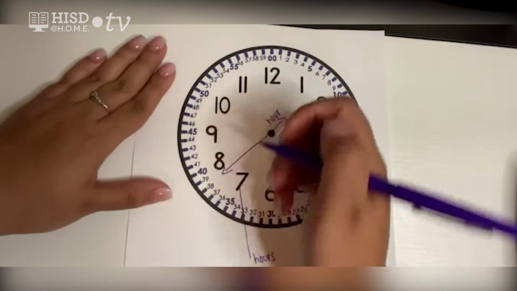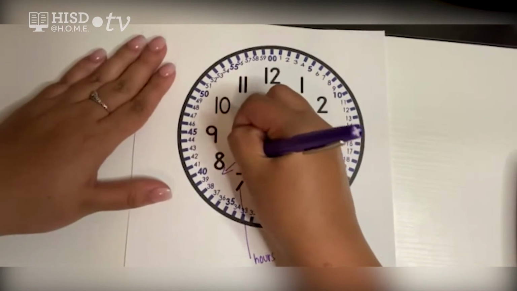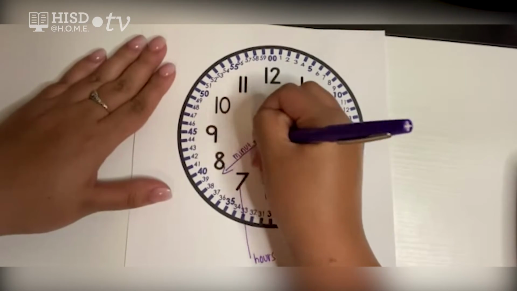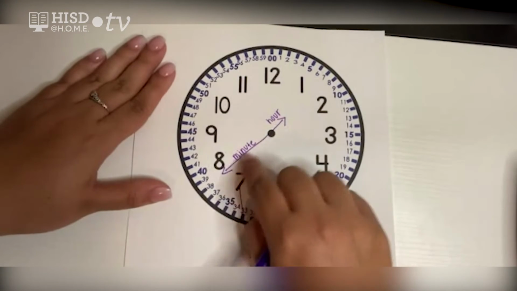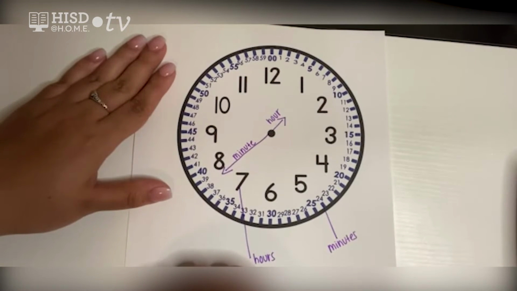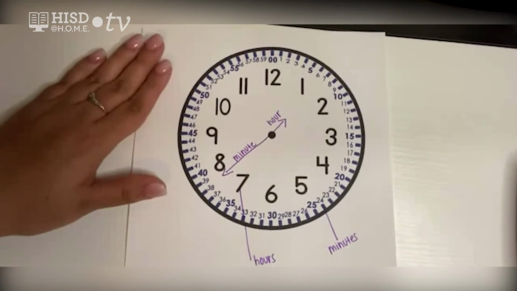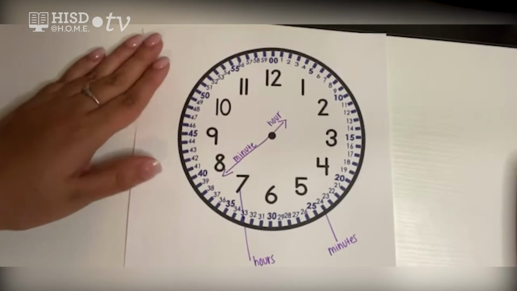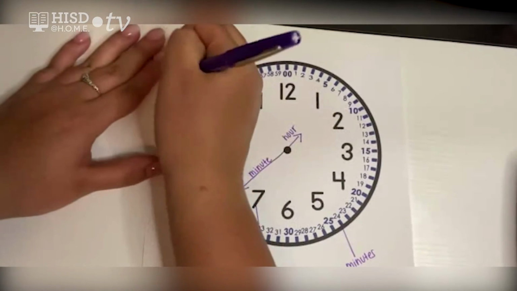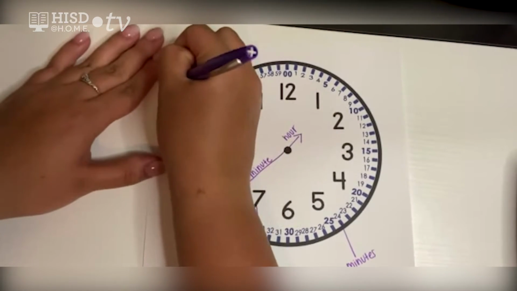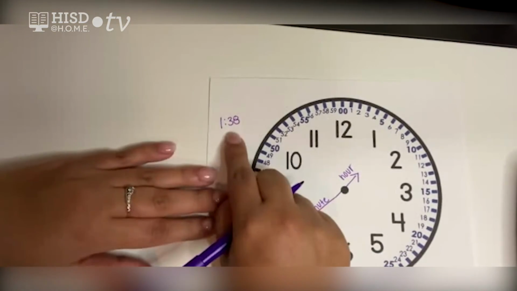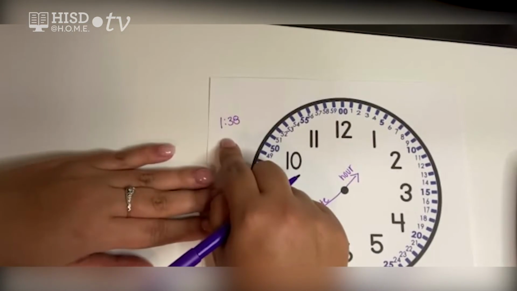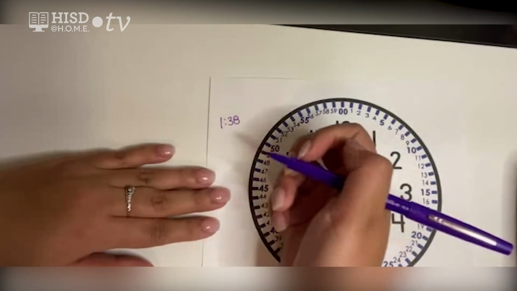And the larger hand tells us, yes, the minute. Very good. The longer hand tells us the minute. And where are we pointing to? 38. Excellent job, fourth graders. So if I wanted to know the time on this clock, what time is it? 1:38. Excellent job. And we always write our time with 2 dots like this, and these 2 dots are called